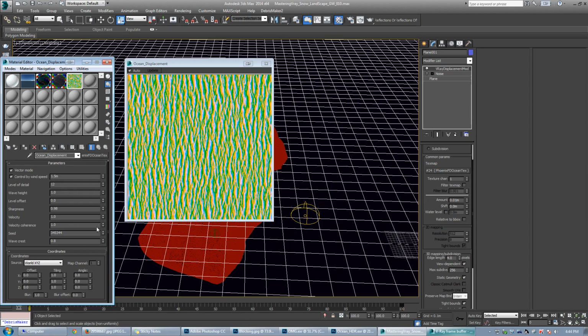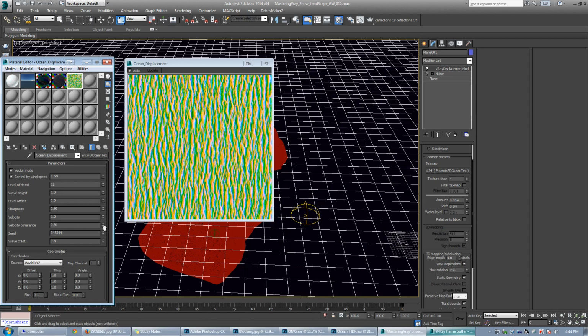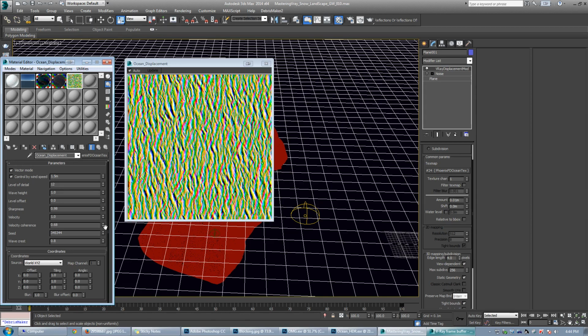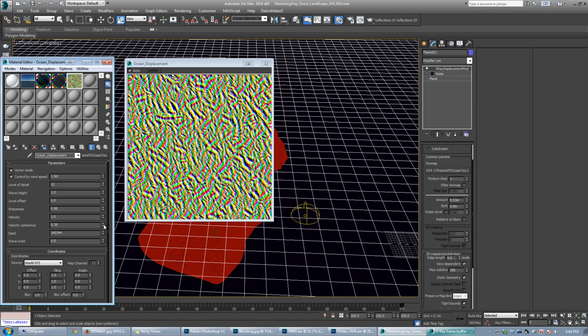The velocity coherence will affect the straightness of the waves and how strong that wind is pushing in one direction. So the lower we go here, you can see the waves start to ripple and kind of wobble in a more even way. So there's not one little bit of wind pushing the whole surface through. If you were to create a larger ocean scene, you probably would want to go higher on that,